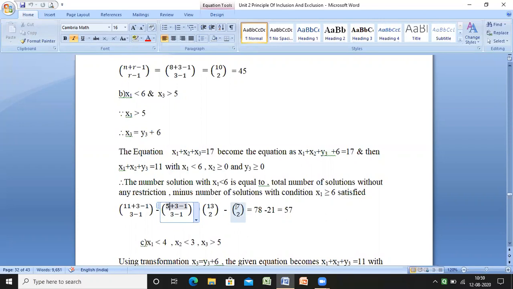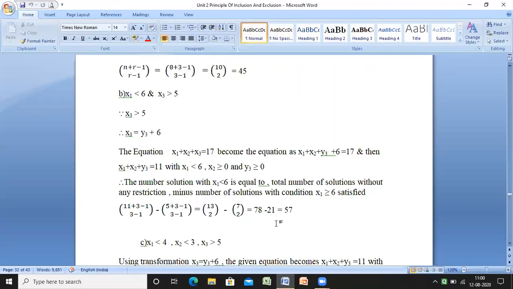that value is going to be calculated as nCr, and nCr of that value means n factorial divided by r factorial times n minus r factorial. The value we get is 78 for it, and for 7C2 again the value we get is 21. 78 minus 21, 57 we get. So this is the value we get from the condition, because if the condition they have mentioned is x1 is less than 6, simply that means the value is less than 6, so 5 values are there. So we put up that value, we subtract that from the 6, and the difference between these two is going to be calculated like that.